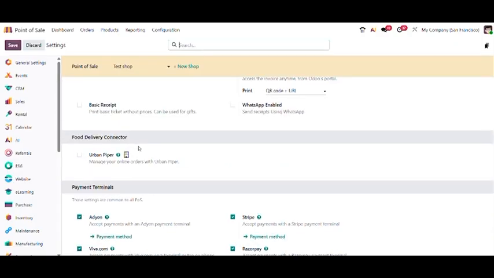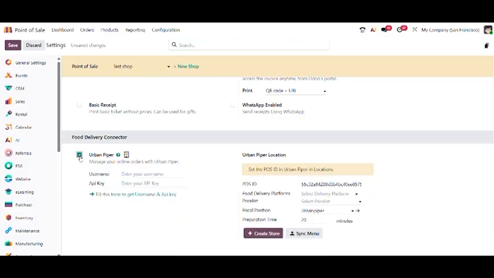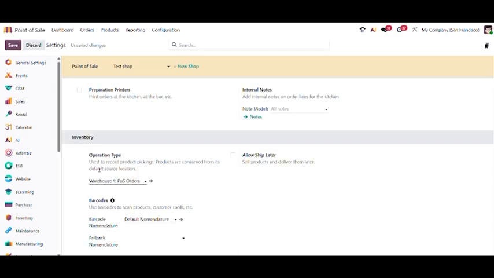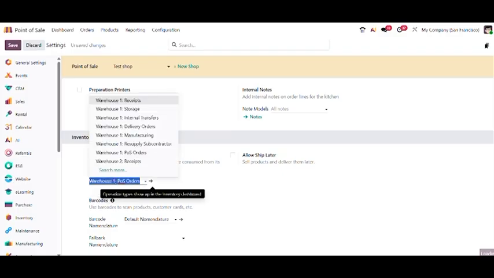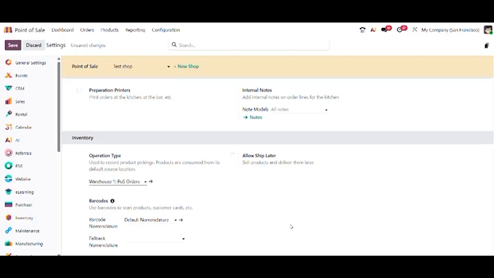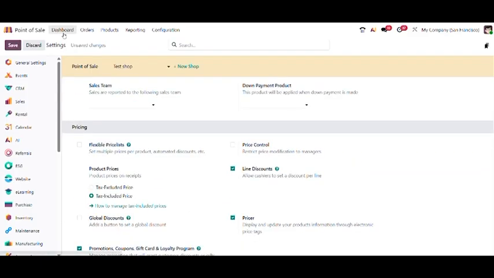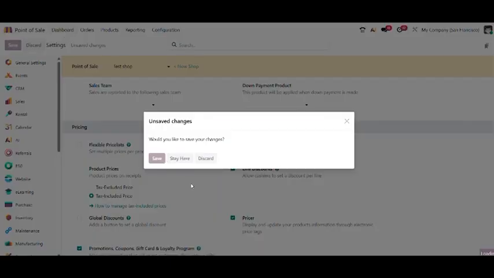If you're integrating with delivery platforms, this is where you can enable delivery services and configure the required settings for your delivery partners. You can also define inventory operation types and select the warehouse operations that should be used when processing restaurant orders. Almost every aspect of the restaurant POS can be configured from this section, allowing you to tailor the system to